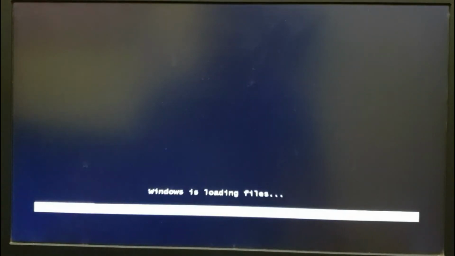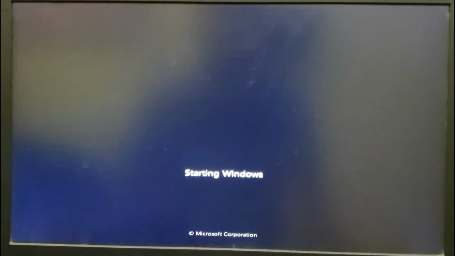See, now Windows has started from the thumb drive. It will copy some files into the RAM. RAM, as you know, is random access memory, so it copies some important bootable files into RAM, and some files will be cached, and from there the information is processed and then the computer starts. Now we have booted into Windows 7.